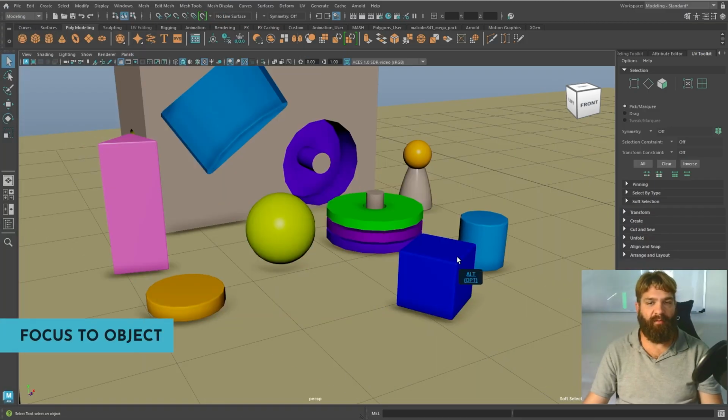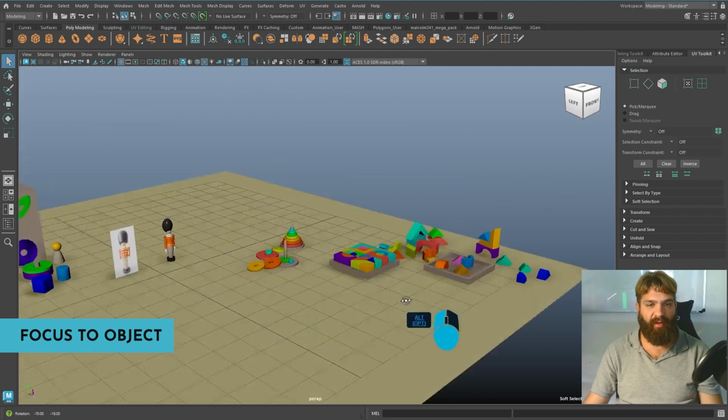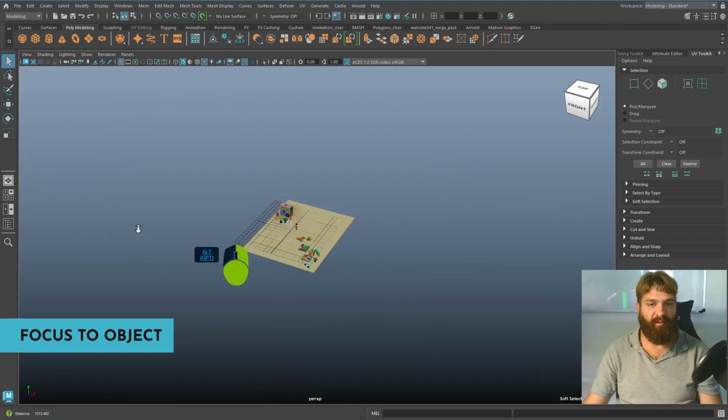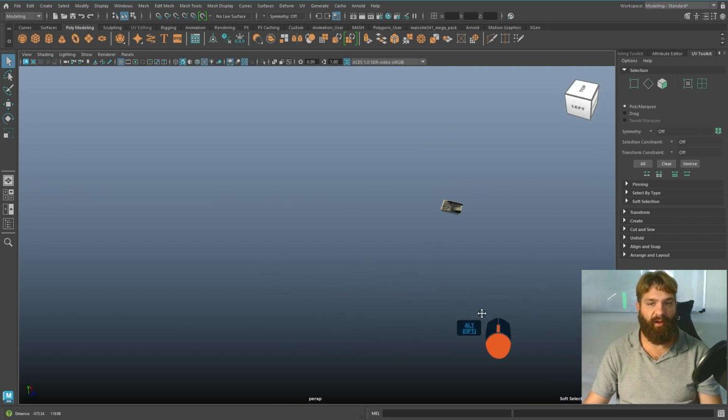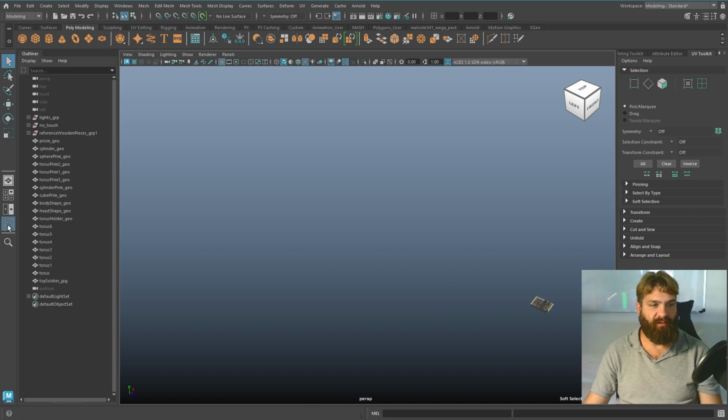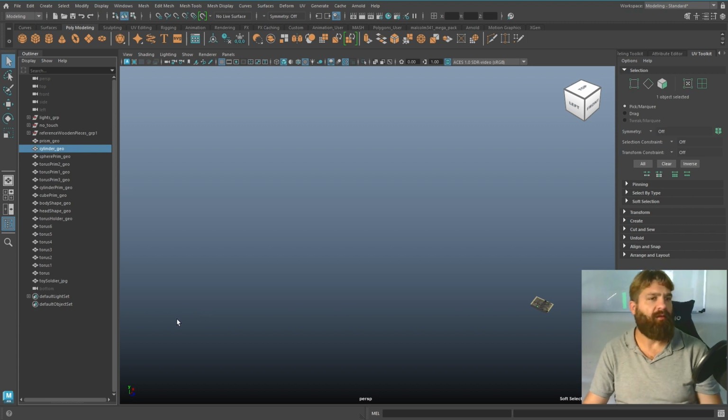Very good. So after that, we've done a little bit of navigation, being able to move around. Sometimes you might get lost and you're not sure where things are, and you're like, oh God, where is that item? Maybe you select an item here, and you're like, oh my God, where's that cylinder? How do I get there? So we do have this button on the keyboard called F